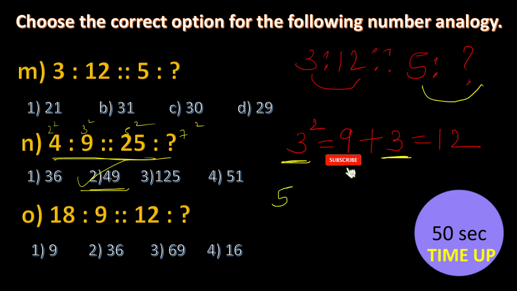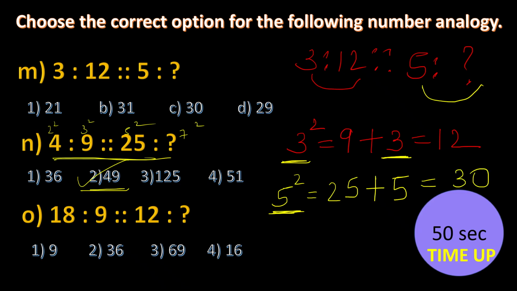5 square is 25 plus what number should be added? Same number should be added. So plus 5 I will add, which will give you 30 as the answer. So option C is the correct option for this. Okay, 30. Next,